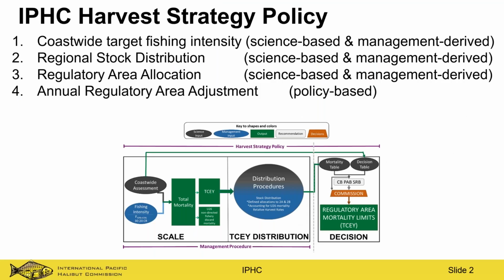So as a reminder, the IPHC harvest strategy policy is what we are investigating with the MSE, and that consists of different elements. We talk about the scale or coast-wide element, and then we talk about a distribution element. And really those are the two key elements we're investigating right now with the MSE,